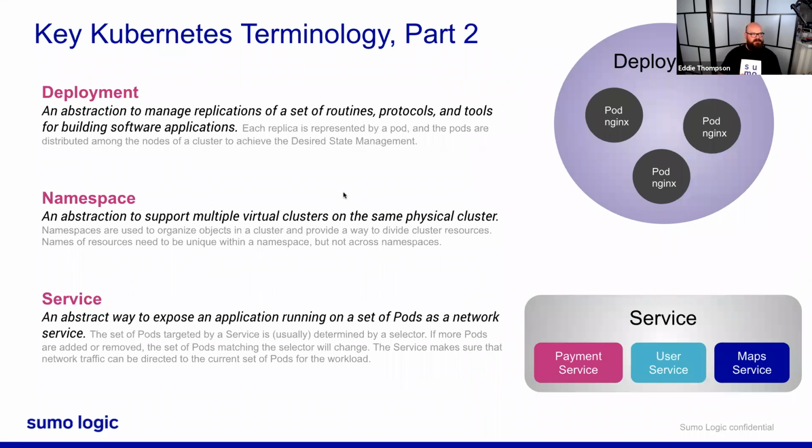Deployment. So a deployment is a commonly used abstraction for how you organize applications within Kubernetes. So you have a deployment that may have many pods associated and can have some specific rules about how those things are deployed and how you would like them to operate. And they have their own set of relationships.